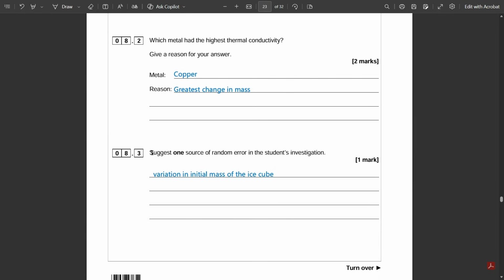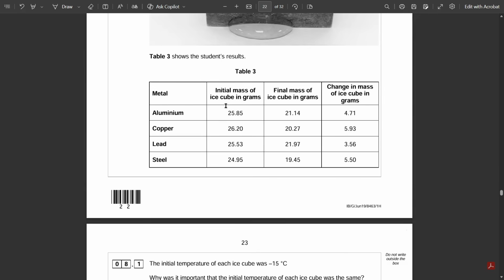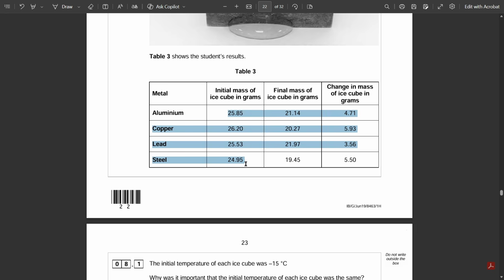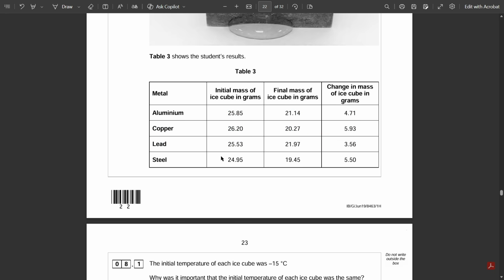And then we're asked to suggest one source of random error in the student's investigation, and that is the variation in initial mass of the ice cube. So you can see that the ice cubes all have slightly different initial masses. And if you think about it, if you have a very massive cube of ice,